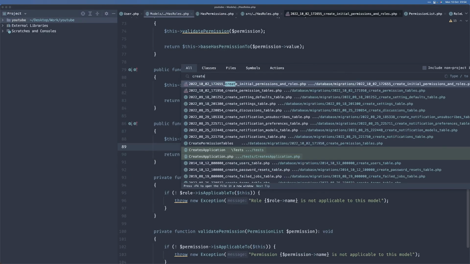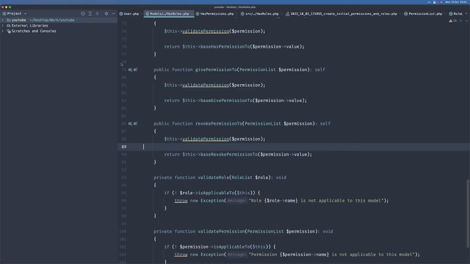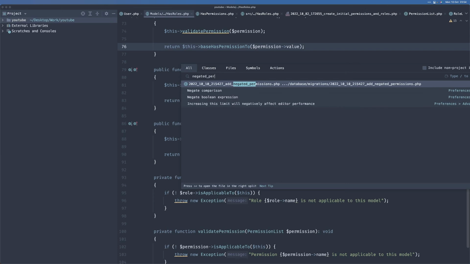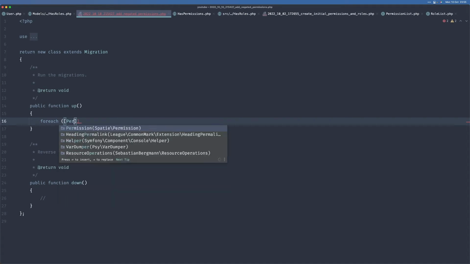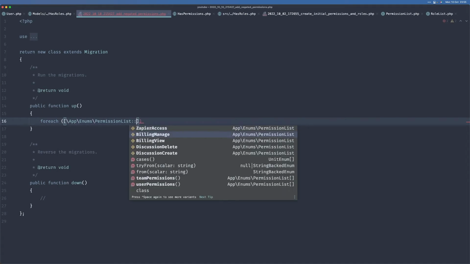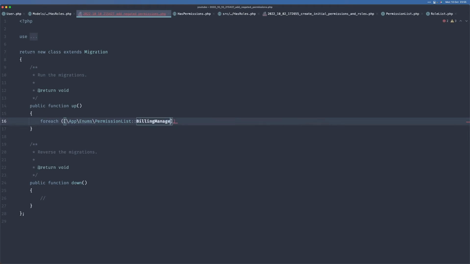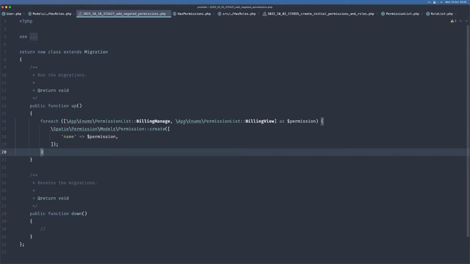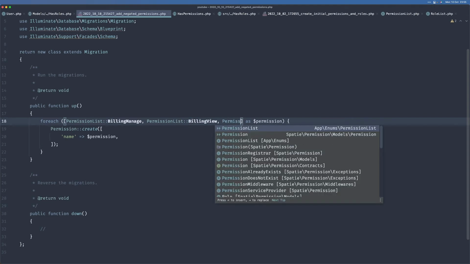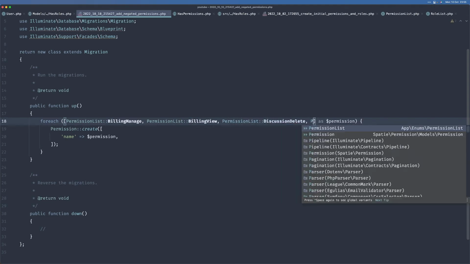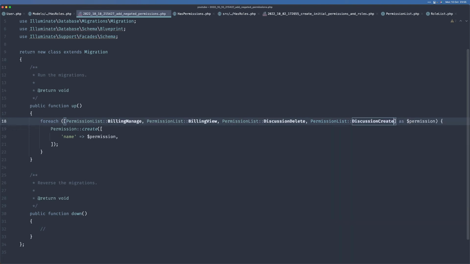So let us go to this migration. Negated permissions. So here, we could just do a foreach and then list our user permissions here. Billing manage, billing view. Then we would have permission list, discussion delete, permission list, discussion create as permission. And here we would